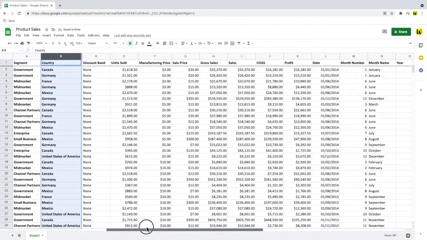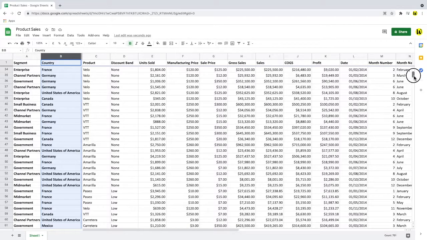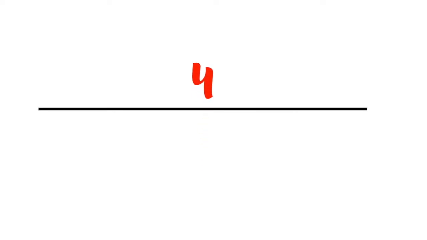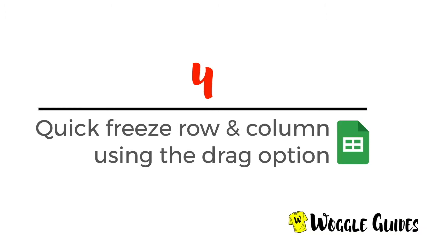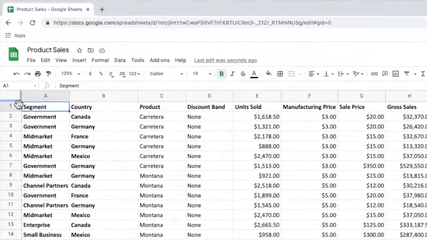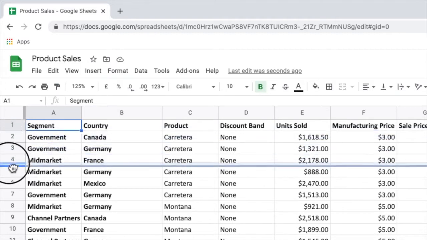In addition, you'll see that the row that we previously locked still remains locked, so we have both horizontal and vertical scrolling in place. Let's now take a look at a much quicker way to achieve the same result using drag bars. If we take a closer look at the top left of the spreadsheet and hover the mouse over that area, you'll see the mouse pointer changes to a small hand. When we see that, if we left click, we can then drag the freeze point up and down the rows.